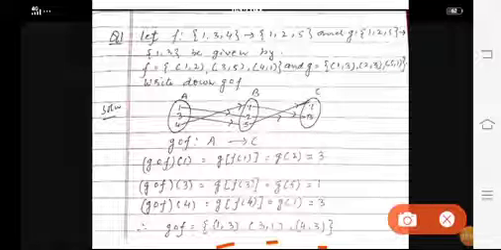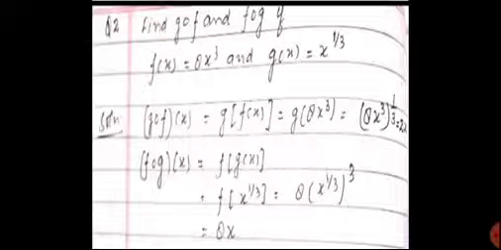Okay. So for this function F composite G, domain will be what? Domain will have the elements 1, 3 and 4, whereas codomain will be what? 3, 1, or you may say 1 and 3, because whenever we write a set, elements are not repeated. Okay. Come to the next question.